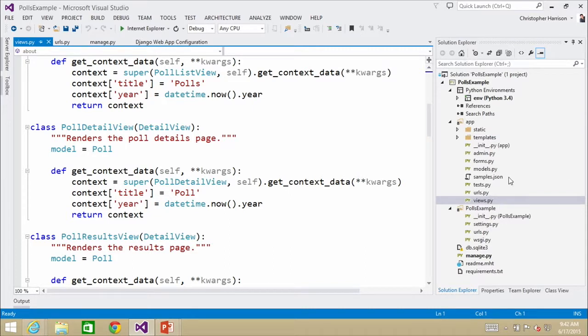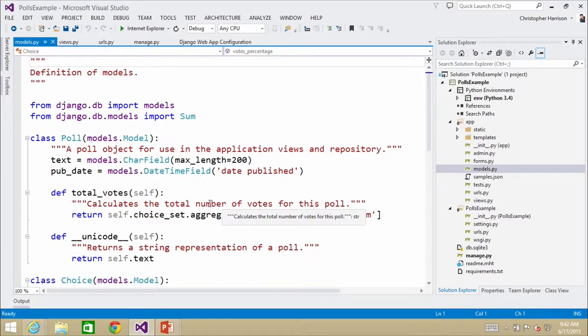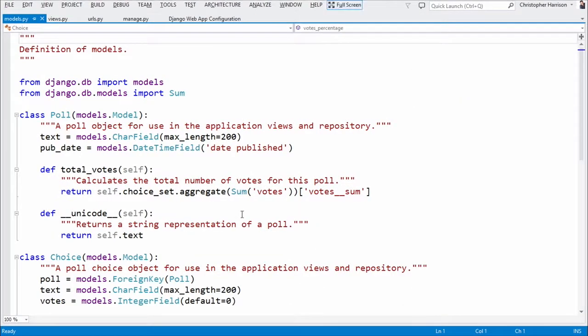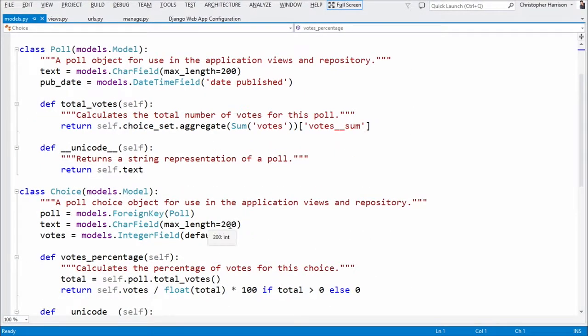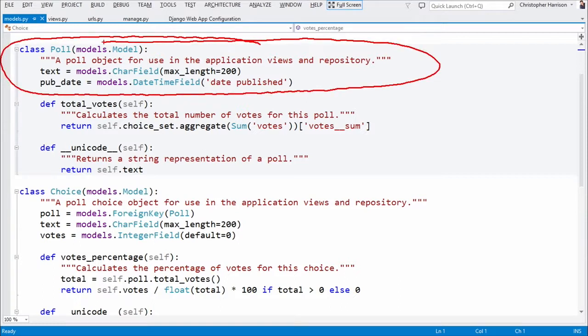OK. Then what you're going to notice is that I've got my models right up here. And our models are going to be the data that we want to work with. Now, one of the things that I want to highlight here, and Susan's going to get into this in more detail in the next module, is the part that I've circled right there, which is the structure of our model. This is a polling application, so it's going to be containing polls. So there's our poll, and you'll notice that we've got text and we've got pub date. Text is going to be the text of the poll, and pub date is going to be the published date.